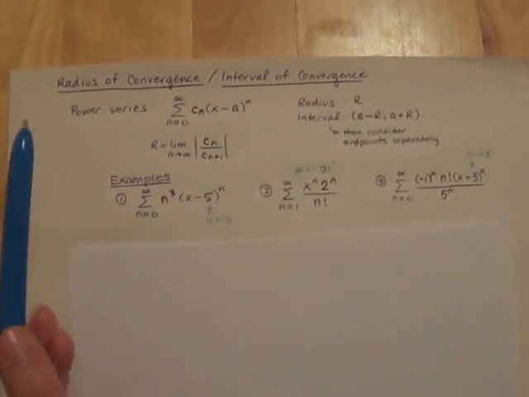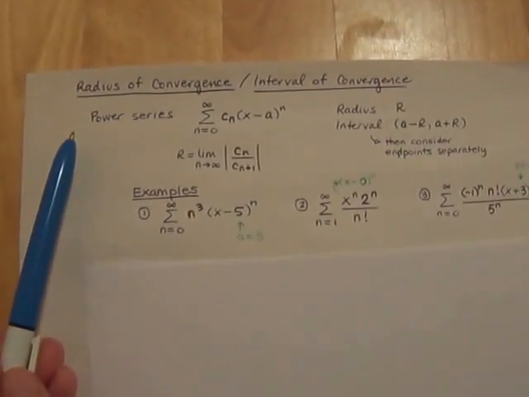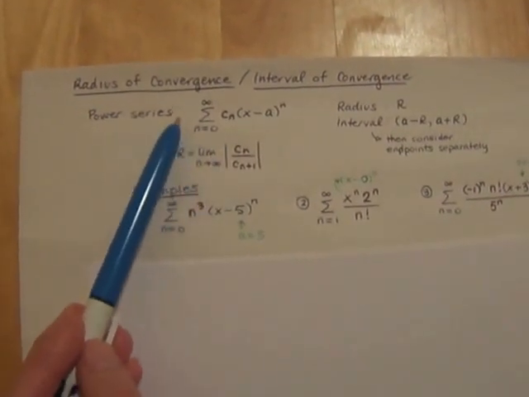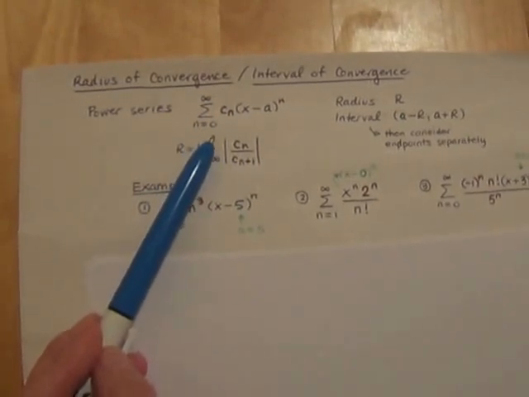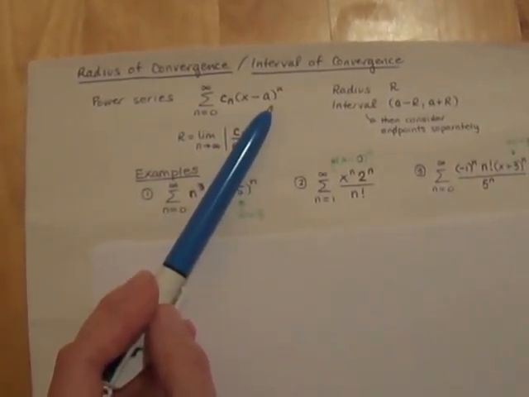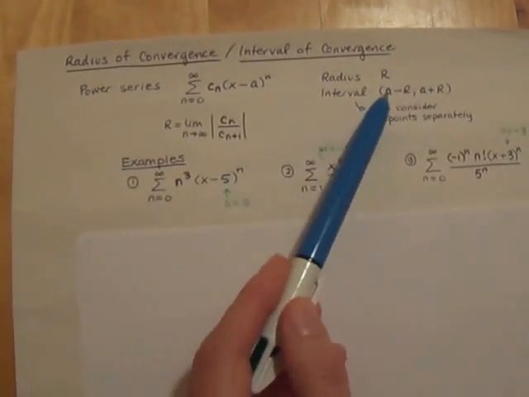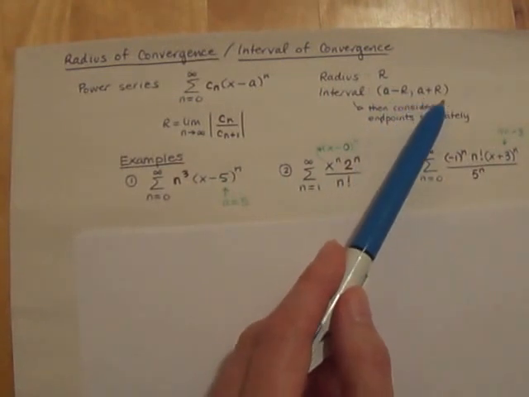Here's some examples of finding the radius of convergence and the interval of convergence of power series. These are series of the form the sum from n equals 0 to infinity of c_n (x minus a)^n. These are centered at x equals a. We're going to find the radius r and the interval of convergence (a minus r, a plus r),